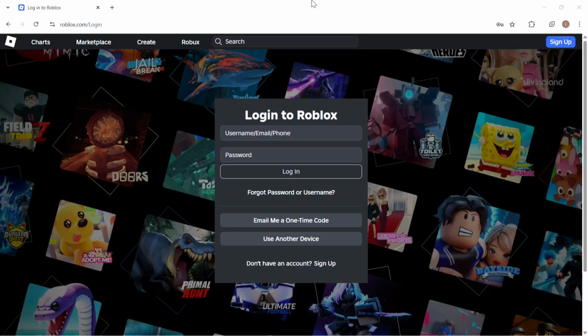How to get back your Roblox account. In this video, I'll show you how you can get back your Roblox account. So to get started, go ahead and open roblox.com in your browser and then click on forgot password or email